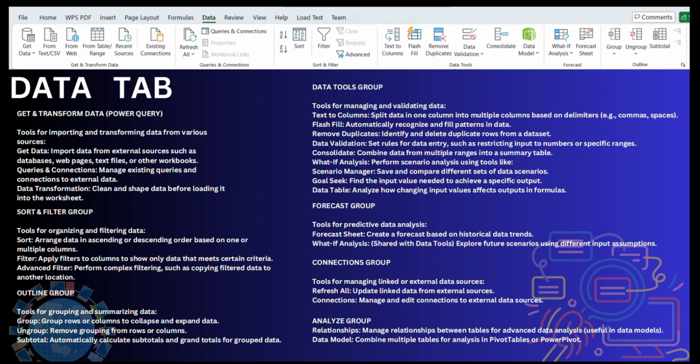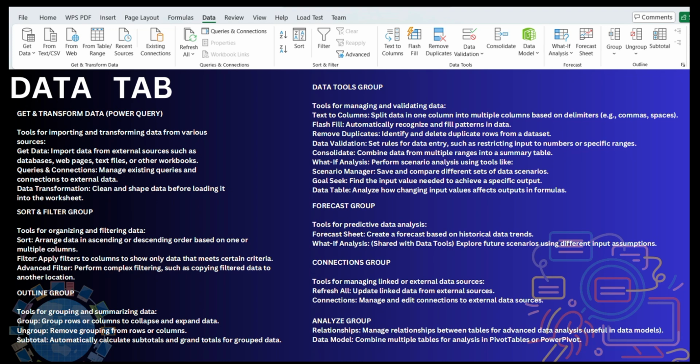Outline group. This helps with grouping and summarizing data. For example, you can collapse or expand rows, remove groupings, or automatically calculate subtotals and grand totals. Data tools group. This group includes tools for validating and organizing data.